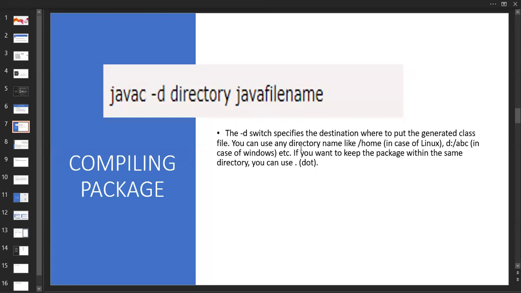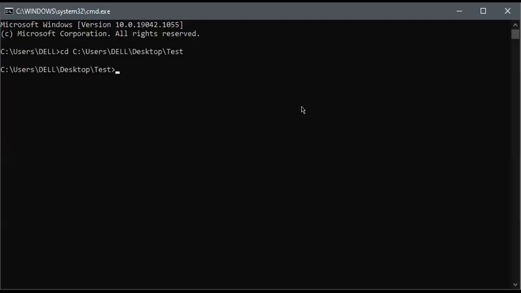You can use any directory name, like a home directory inside Linux. Inside Windows, it would be like d:/ABC. You can place it over here also like this. So now I'm going to use this to compile the program. How are you going to compile that? See this one, now I'm doing javac -d.